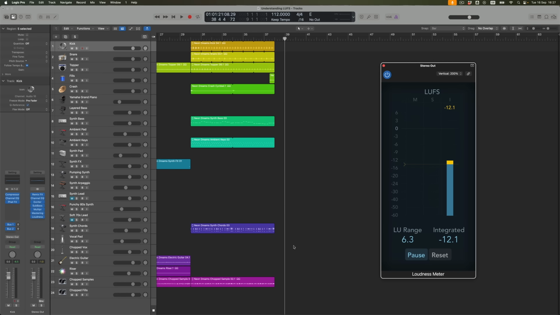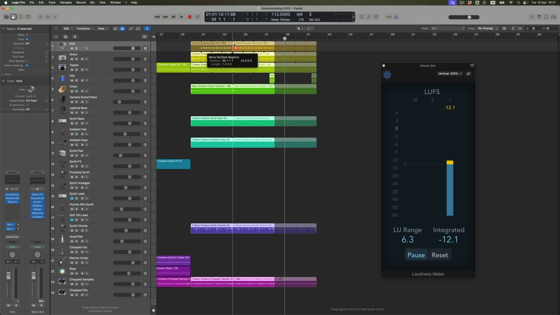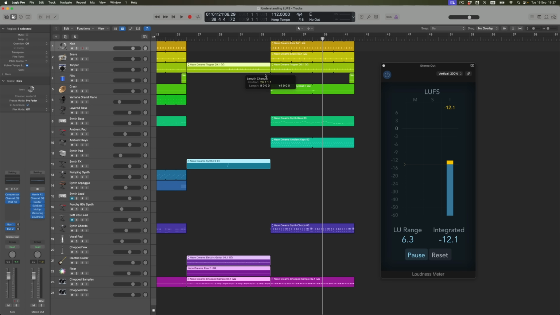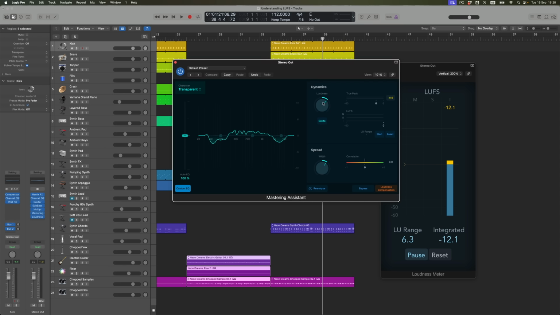So this is telling us that if there are sections within our tracks that are quieter, we're effectively buying ourselves extra loudness for the sections that we want to be loud. In other words, if I were to do two things, which is to move this section on the end back a bit, let's say another 4 bars, and extend this section out a little bit, so that again it was 8 bars long, and maybe dive back into Mastering Assistant and remember that I just simply pushed the loudness dial without thinking about it too hard.